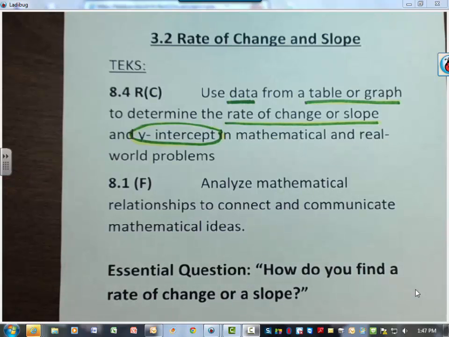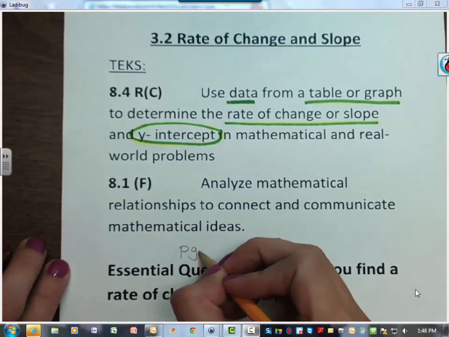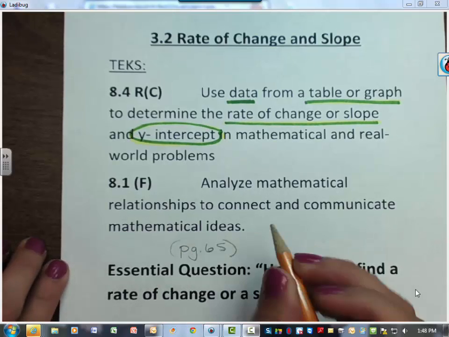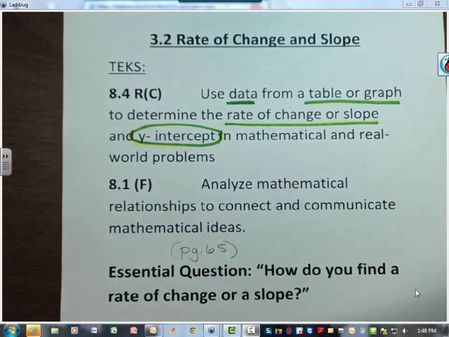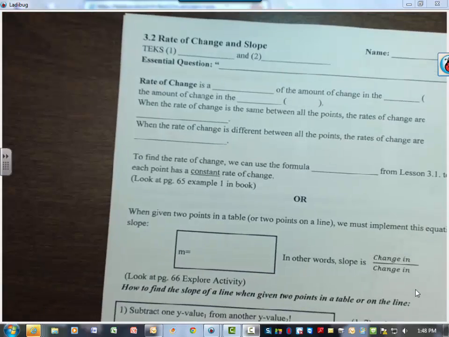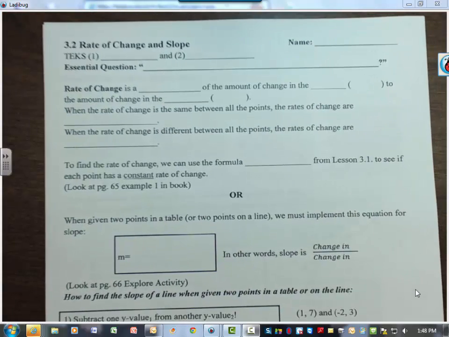If you look in your book, our notes, if you want to go back and refer to examples, are on page 65. On that page, the question for lesson 3.2, our essential question, is: how do you find a rate of change or a slope? So we're going to start with that today. If you have your fill-in-the-blank notes, you should already be doing that. Looking at the definition of rate of change, which is also on page 65, we are actually going to be looking at